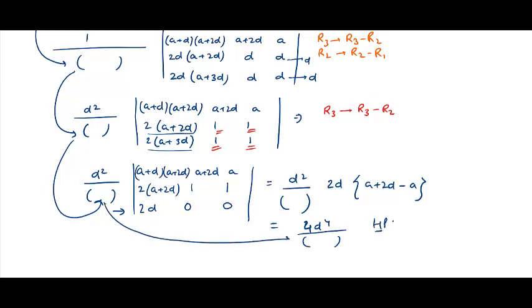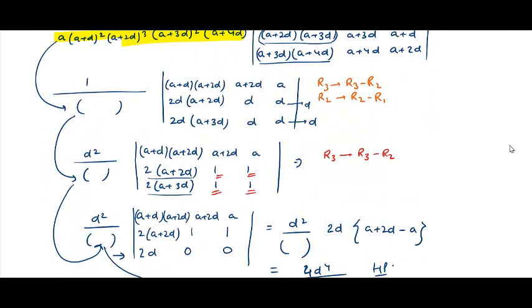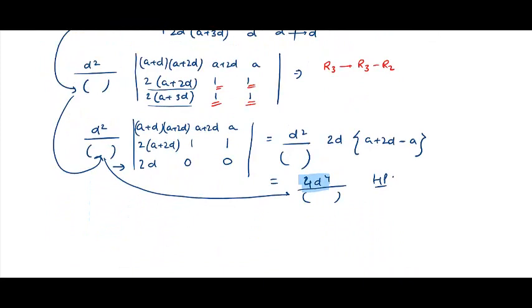This is what we were supposed to prove, right? So if you look at the problem, this is what we were supposed to prove in the numerator also. We already obtained the denominator, and in the numerator we wanted 4 times d to the power 4, and exactly what we got here, 4 into d to the power 4. So that kind of completes the proof. Alright, so we now move to the next problem.